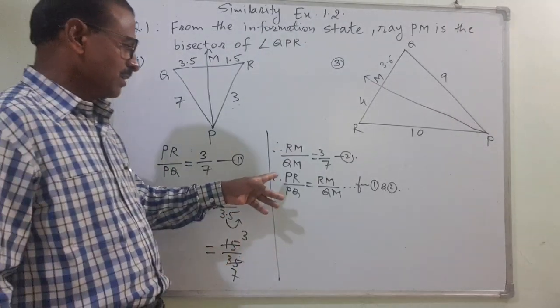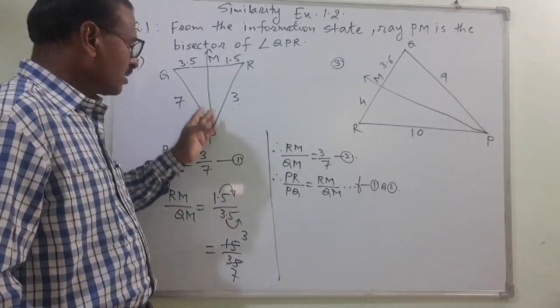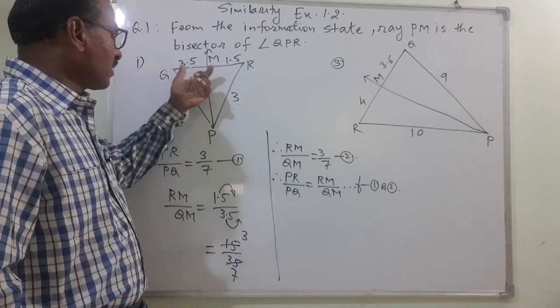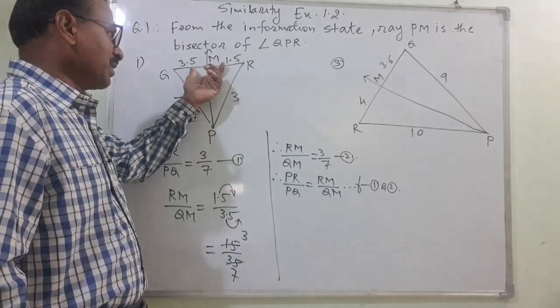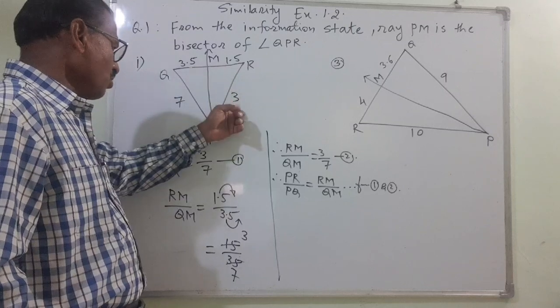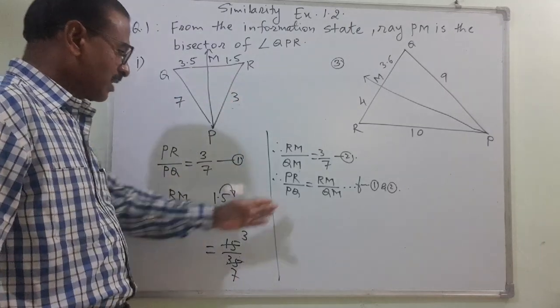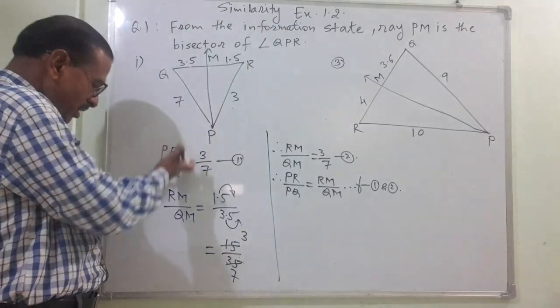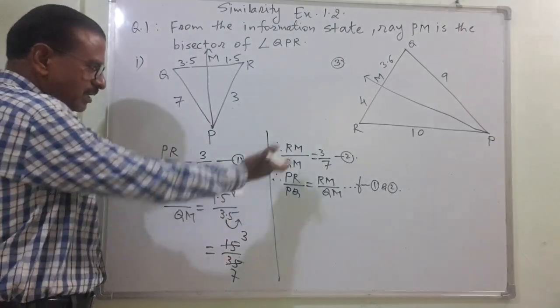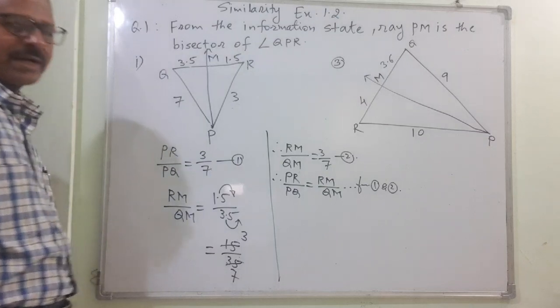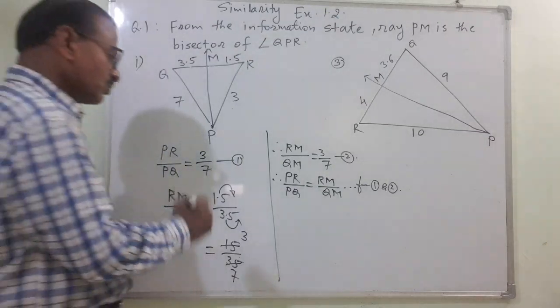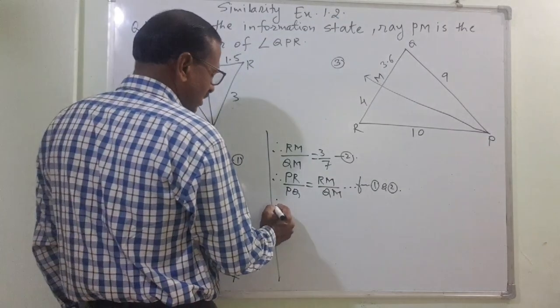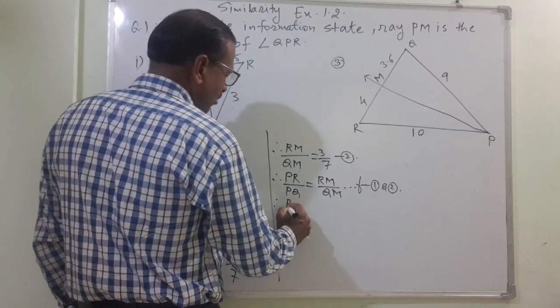Theorem is the angle bisector divides the side opposite to it in equal ratio of the sides, and we have got it. First of all, we have seen the ratios, compared these ratios, and we have said that yes, they are equal. So this will be the converse. Therefore, by the converse